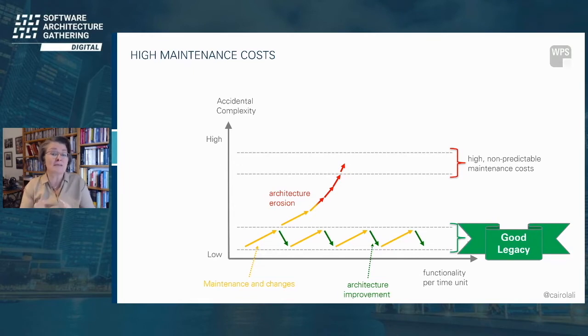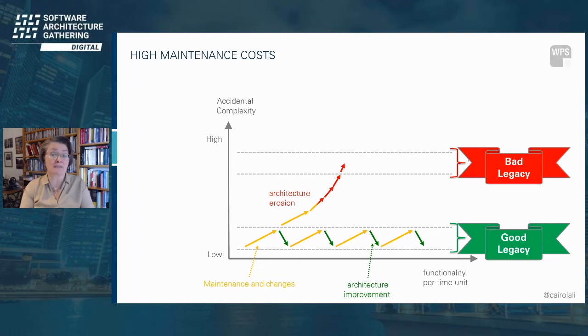You might know this situation. Nobody really wants to estimate the cost for a change anymore because we don't know where we end. It's too complicated. It's too complex. And actually, nobody wants to change the system anymore. Do we have to do this? Oh, can't it stay like it is? It's working. Yes, you have to do a little workaround in your daily work, but it's so dangerous to change something because we have the feeling that the system is falling apart, and very often the teams are falling apart as well, because developers in these situations tend to leave the sinking ship. So this is bad legacy.